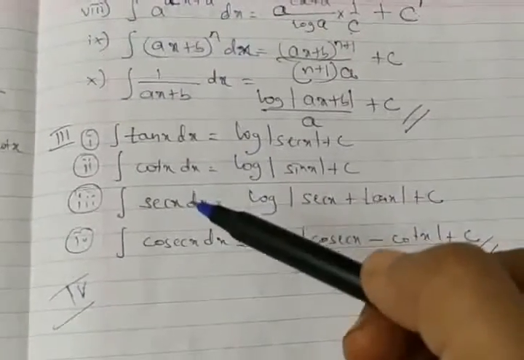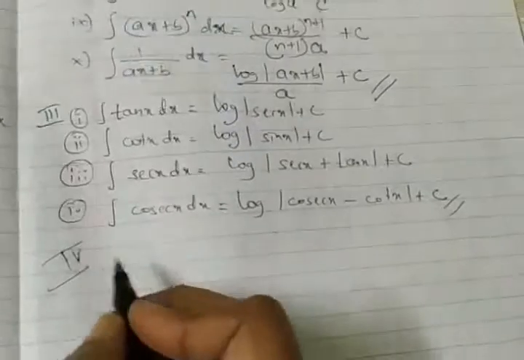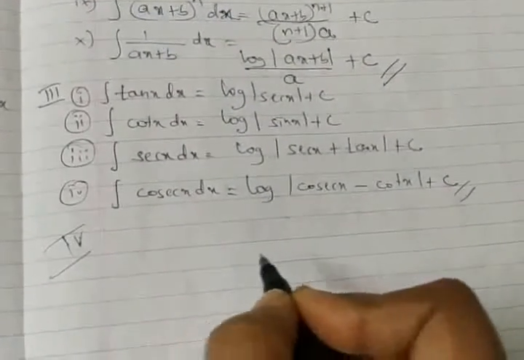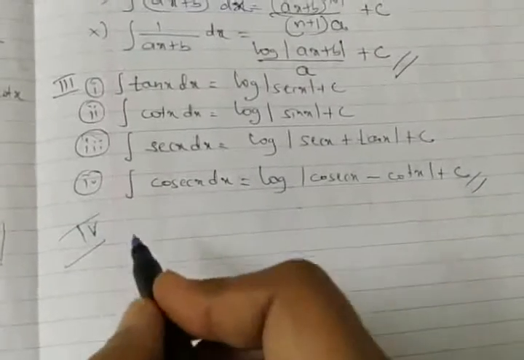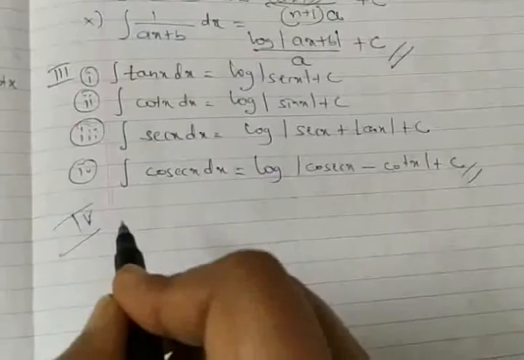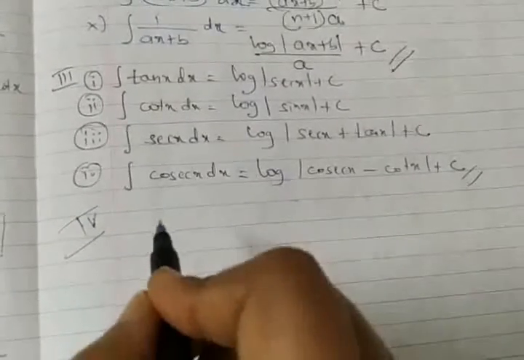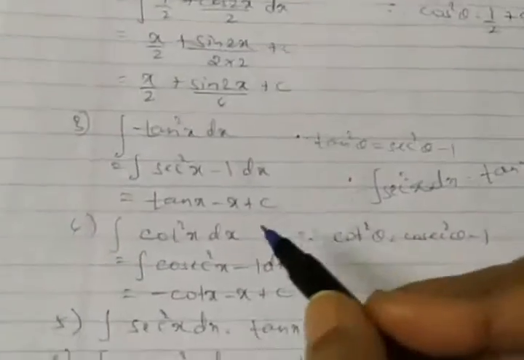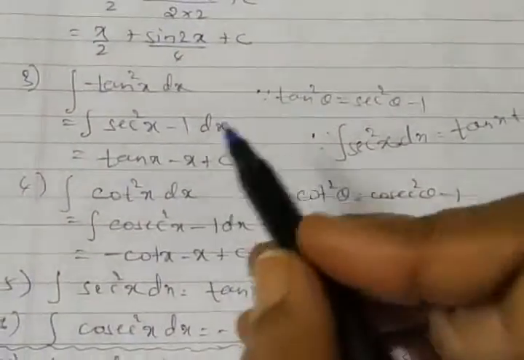Along with this, we would like to go for integration of sin square: how to do it, which formula to use, and cos square, how to use it. Shortly we'll be filling this up using trigonometric results. This column we are going to fill right now. First let's have some discussion, and then we'll come back to that paper and fill one more set of formulas there.